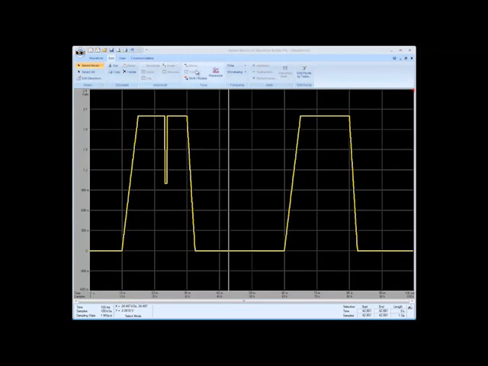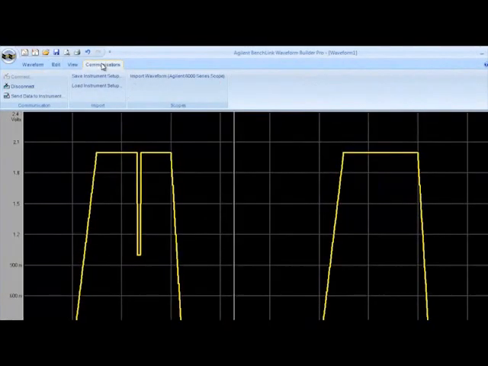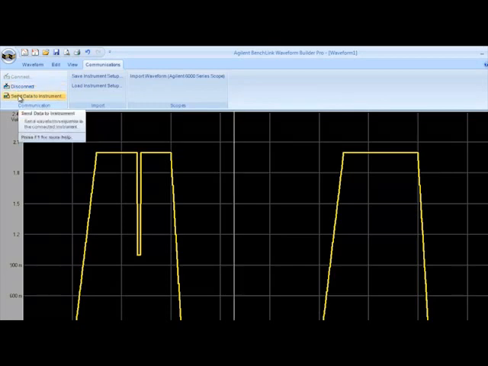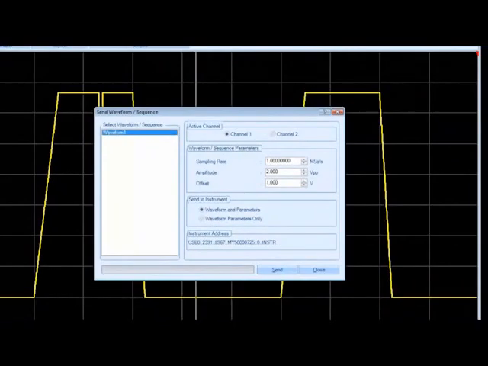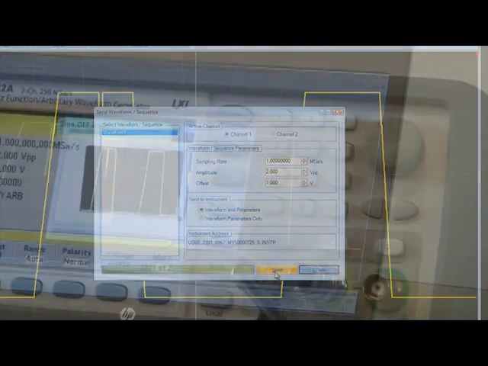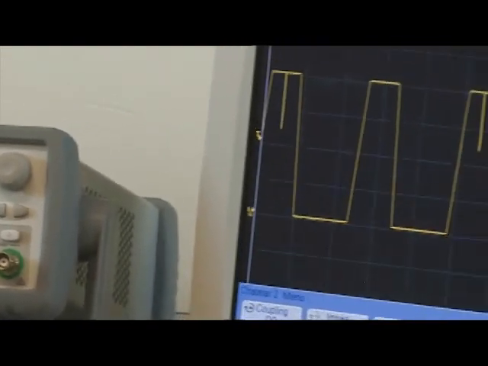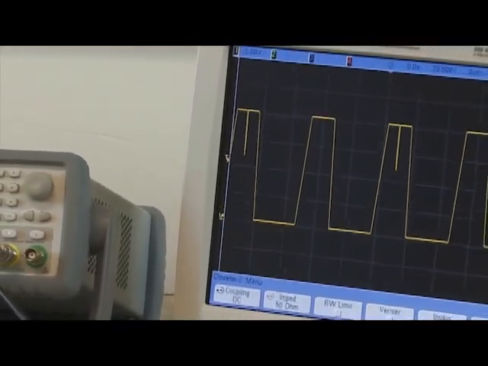So I'll go to the communications menu again. In the first video, I showed you how to connect to the instrument. You find the instrument and then actually connect to it. In this case, we'll just send the data to the instrument and then take a look at it on the oscilloscope. So I'll say send the data. I have a default name, waveform 1. I'll just keep that. And you can see that we have the 1 volt glitch dropout in the waveform on every other